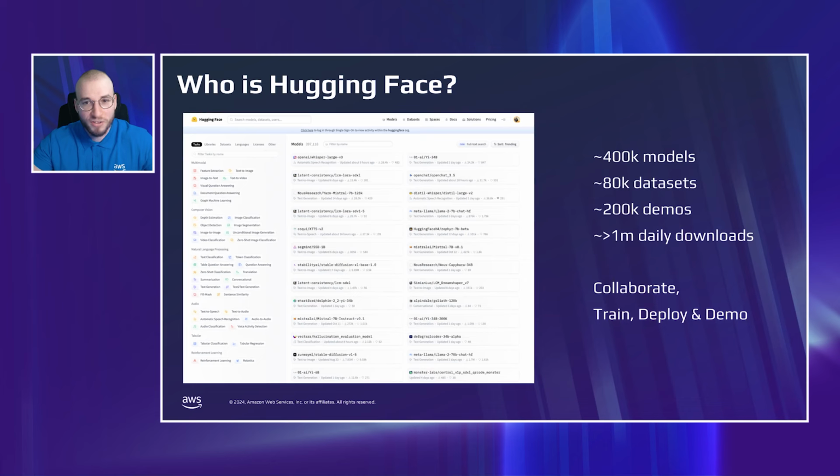As of this week, we have crossed 100,000 public datasets. We now host over 200,000 public demos and over 400,000 different open models, and crossed over 1 million daily downloads for models and datasets. Each of the overviews for datasets or models has filters on the left side, which